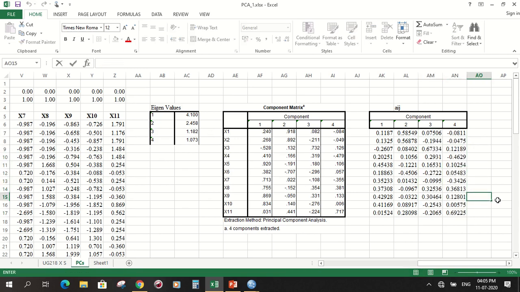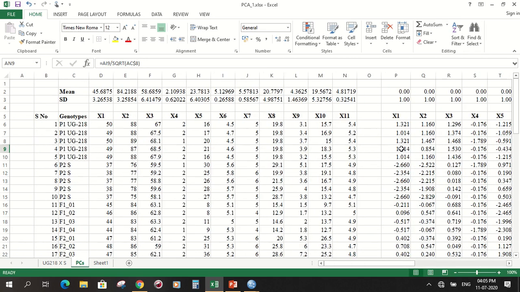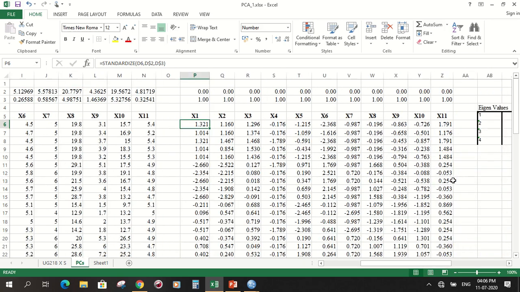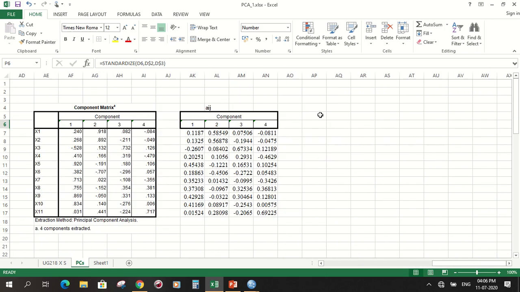Okay, so these are all the eigenvalues. Then we have to standardize the original variables. I have standardized them here using this syntax. For that, we have to calculate the mean and standard deviation for each variable. In this way we standardize these variables. After standardization, we will now calculate first